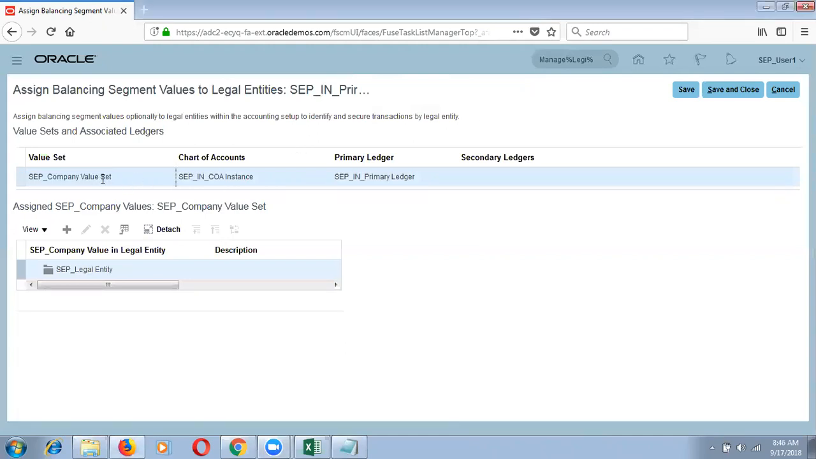Okay, so whenever you are creating a chart of account structure, for the company segment we associated the primary balancing segment label. For the company segment, which value set did we associate? SCP underscore company value set. That is the reason this value set comes into the picture. So this is the legal entity where we are assigning balancing segment values. Here, assign balancing segment values optionally to legal entities within the accounting setup to identify and secure transactions by legal entity. So click on the arrow,